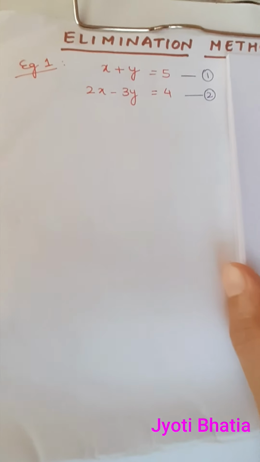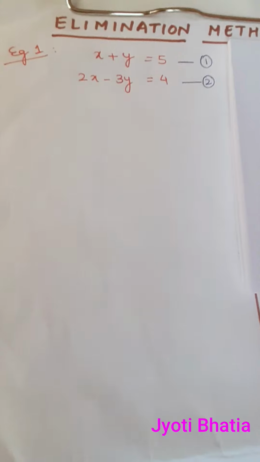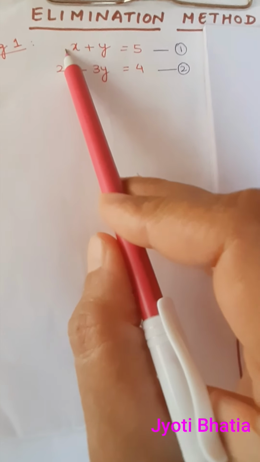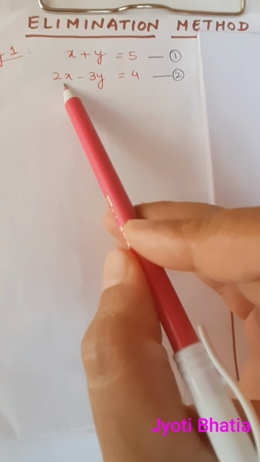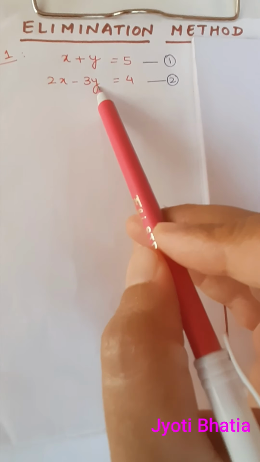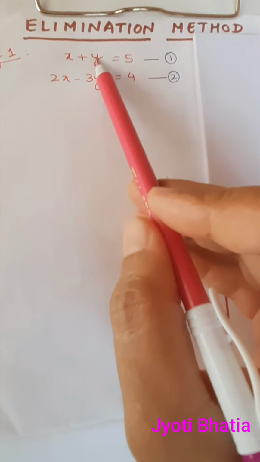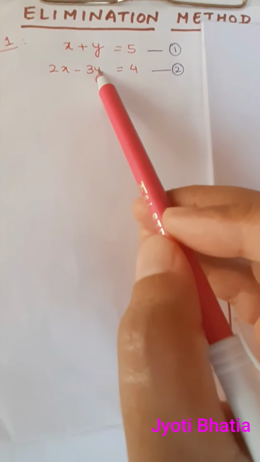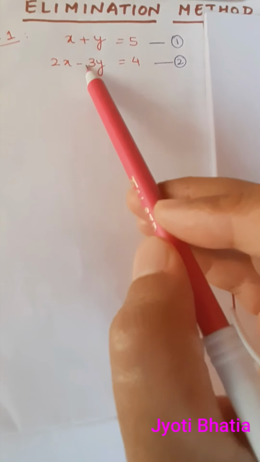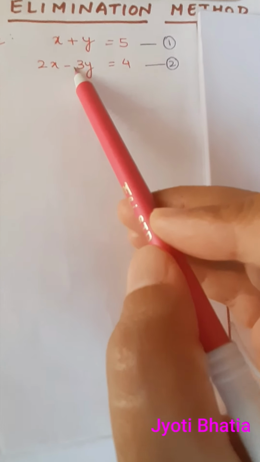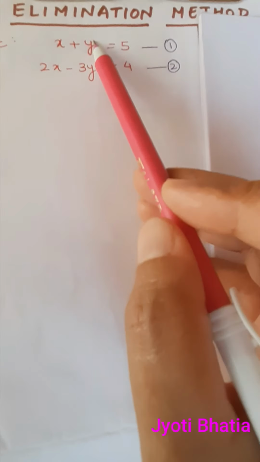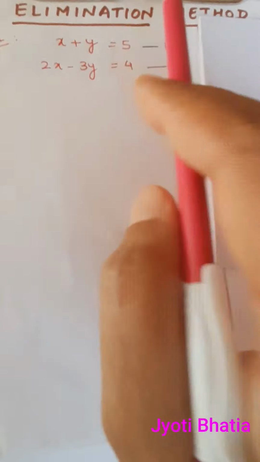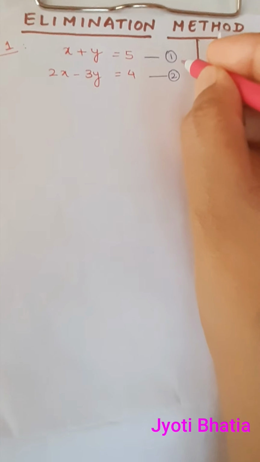Now the point is, you can only eliminate someone when you are of the same power. So here you can see x has coefficient 1, but this x has coefficient 2. And if you want to eliminate y, this has got 3 and this has got 1. So either you eliminate x or y. I would suggest let us go for y because here both the y's are of opposite sign. So if we add them, things will be done. Now to make them of the same power, we shall multiply our equation 1 by 3.